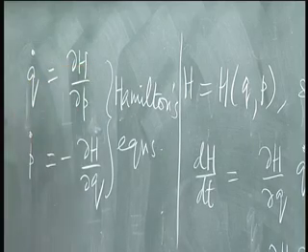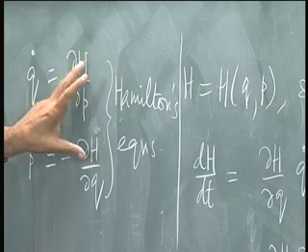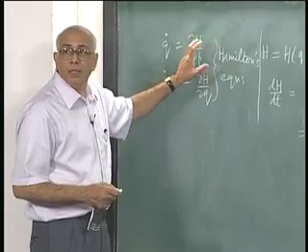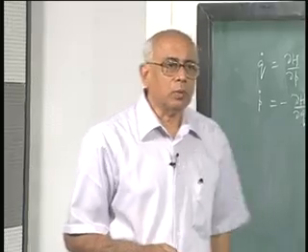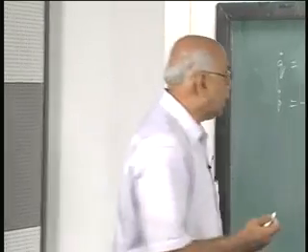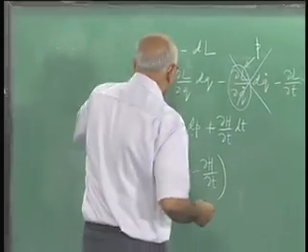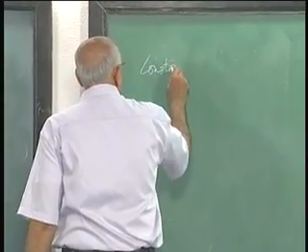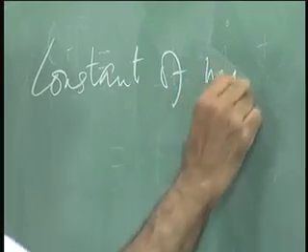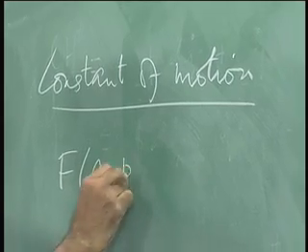So this is going to have a very fundamental role to play in all that we are going to do. We will write down the Hamiltonian for simple systems, but in general please notice that the Hamiltonian, this function, has a very special role to play. You could ask, what about other constants of the motion? What does a general constant of the motion look like? Well, let us do that, and can we relate it to the Hamiltonian? So constant of the motion,